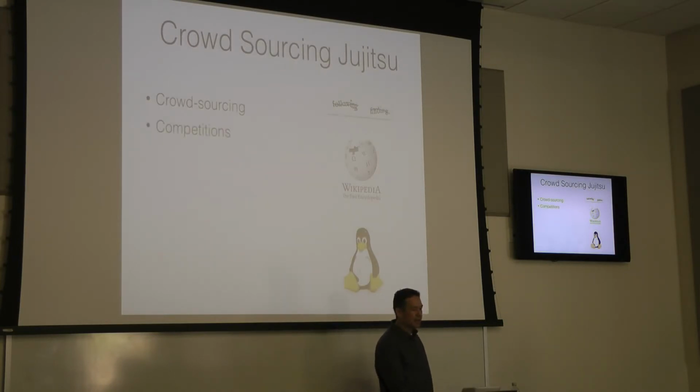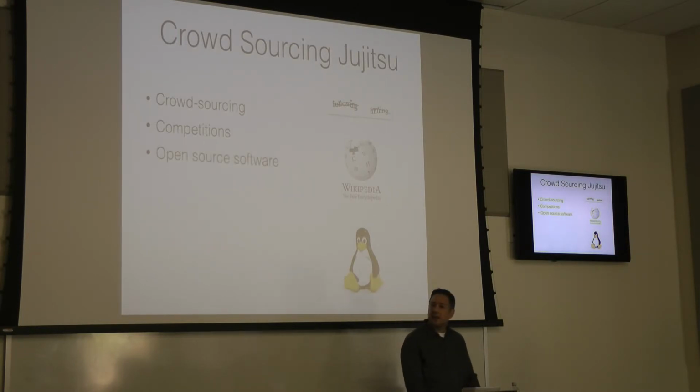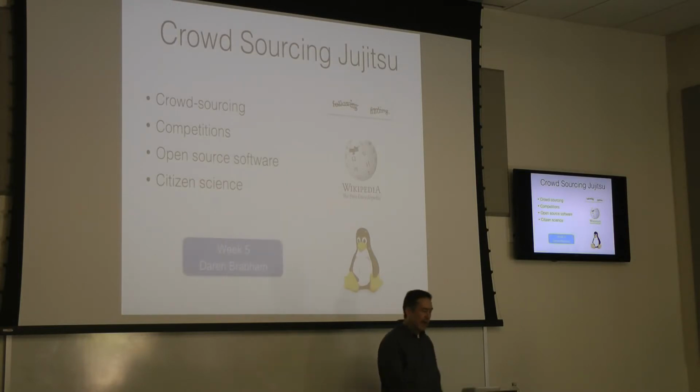There are various competitions, the hackathons, DARPA's grand challenges, and so forth. These are a great way to invest a little money and get a competitive thing going. Open source software is another classic crowdsourced type of thing with its own literature, and there's a lot of interesting work in there. And then citizen science, which I'll talk about more later, all right? And in week 5, Darren Brabham from USC is going to come up and talk about some of these issues. Again, very interesting discussion.